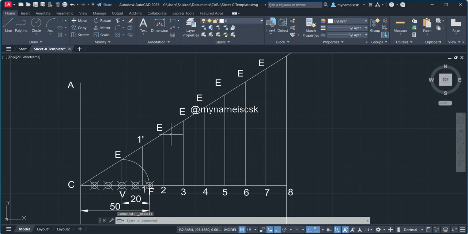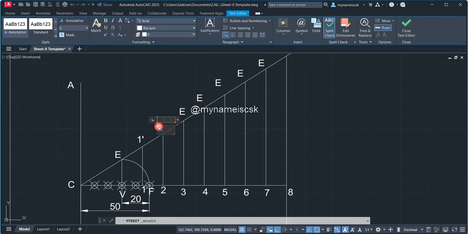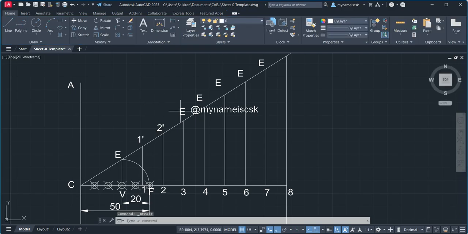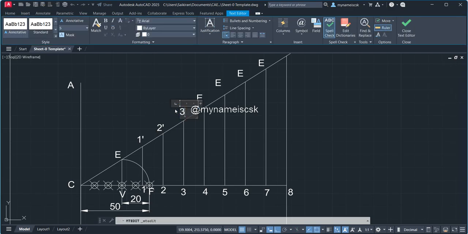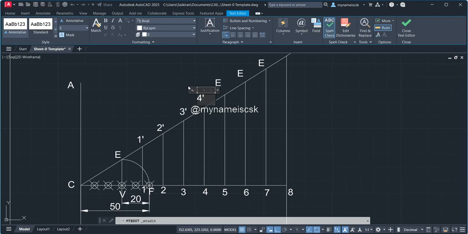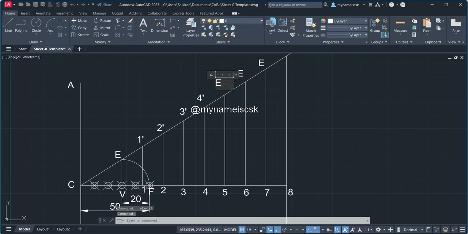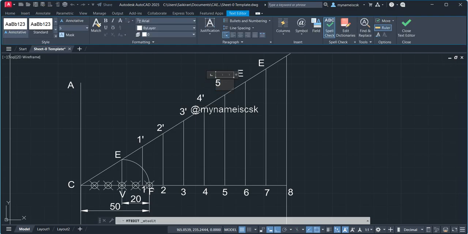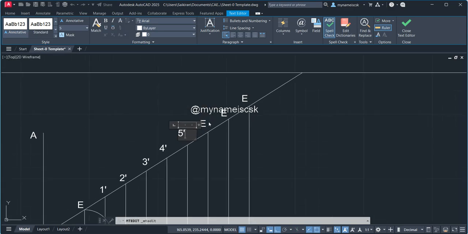You can click 1 dash, 2 dash, rename it as 3 dash, rename it as 4 dash, rename it as 5 dash, rename it as 6 dash, rename it as 7 dash, rename it as 8 dash. Okay,